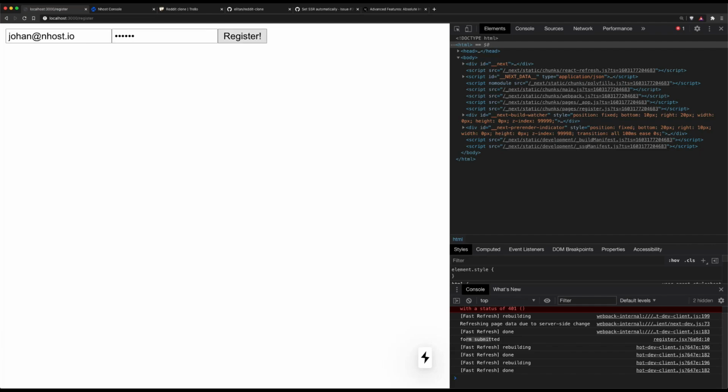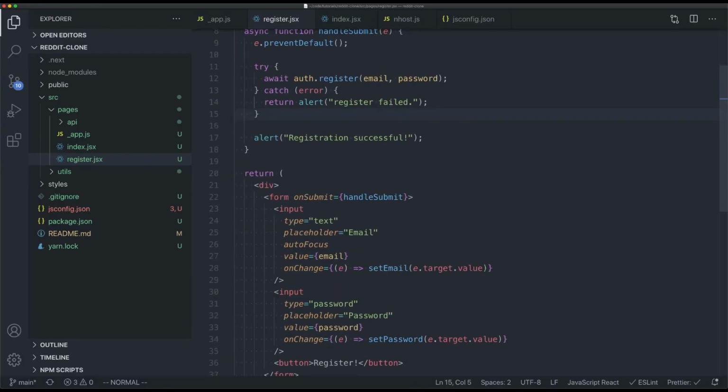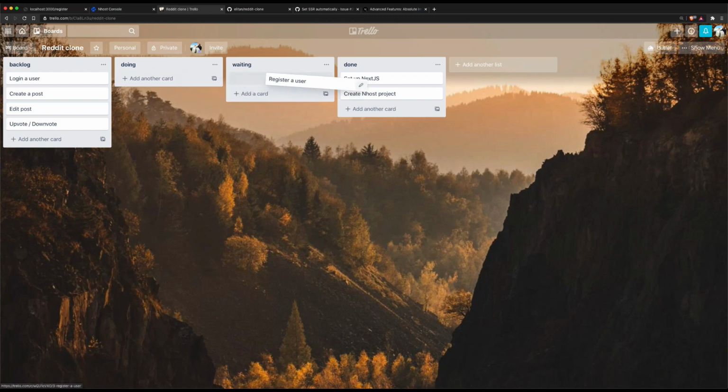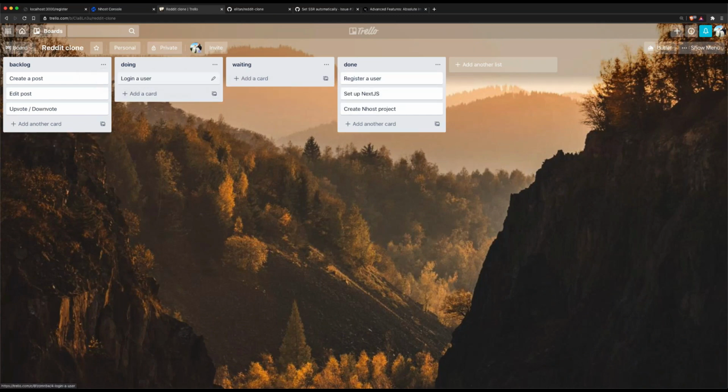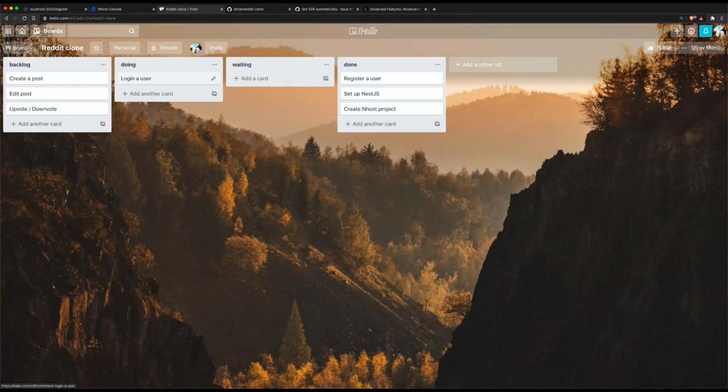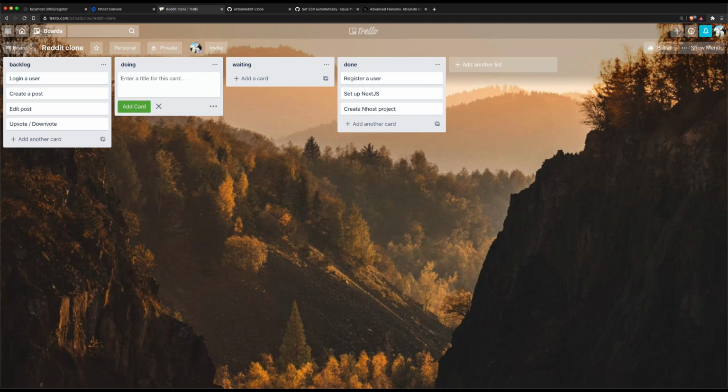So we actually managed to register our user. And we want to, of course, log in the user as well. So there's two ways here. One is to log in the user right after it's been registered. Another one is, of course, we need to create a new login form so that users can log in through the form. But before we do that, actually, let's wait with this a little bit and install